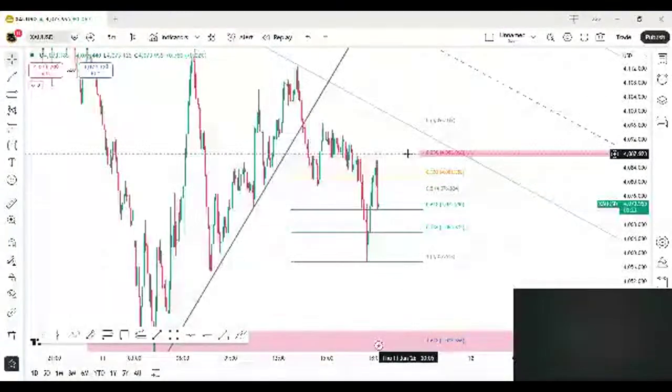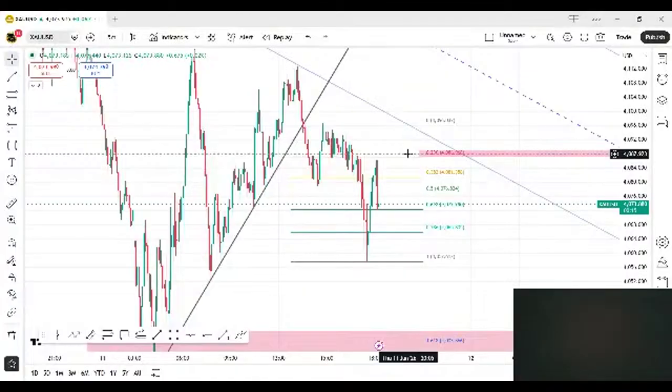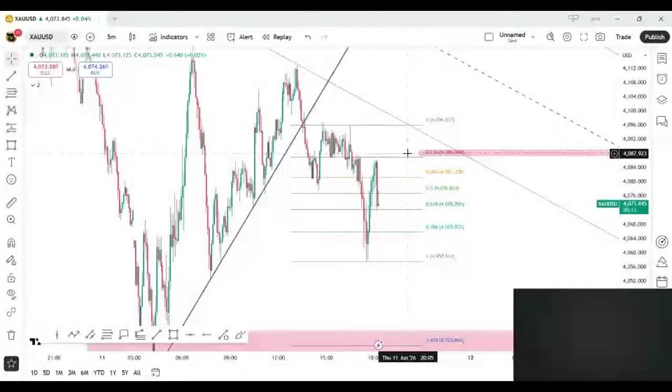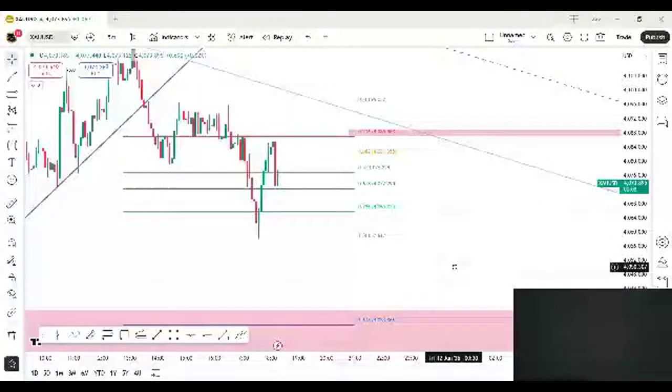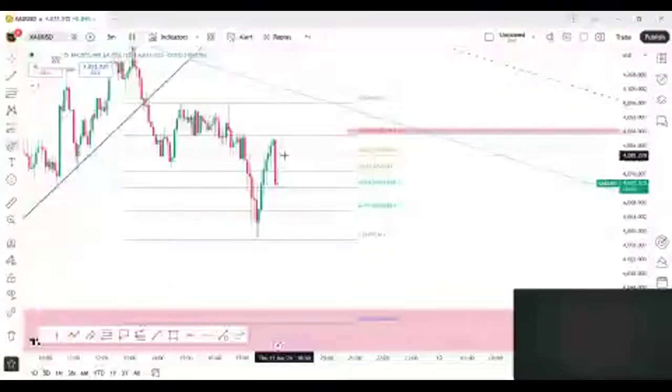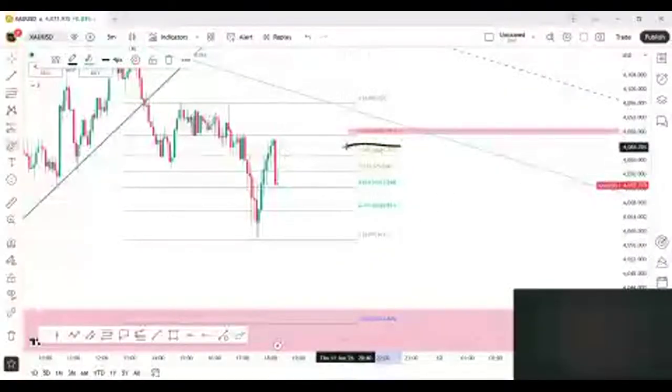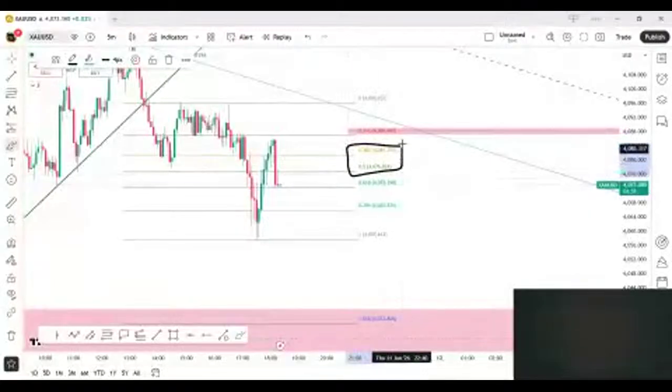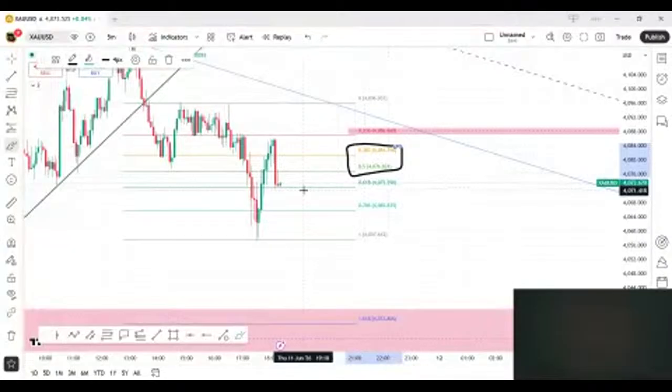Why? Because guys, in the US session, the important thing is that sometimes the market gives you a little bit of hints, and after that the market just moves. Otherwise, what is the possible scenario right now? For the scalping sell positions, until these areas where we are right now, we can look for the sell and short positions. Right now the market is at 4074. We can try our positions toward a sell.